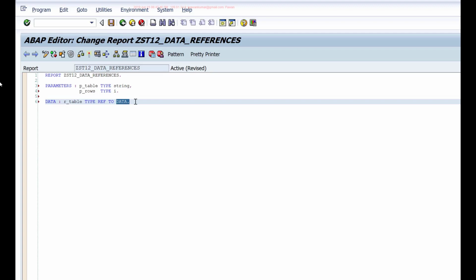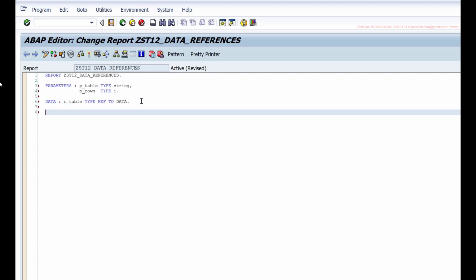So it could be type MAKT or type VBRK table, or it could be a local structure, anything. But since we don't know which table name the user will input, I will determine the type at runtime. So for that, we use this syntax, TYPE REF TO data. That means I'm telling the system, this is going to be a data object, but I don't know which type of data object. We'll determine that at the runtime. This is how you define an anonymous data object.